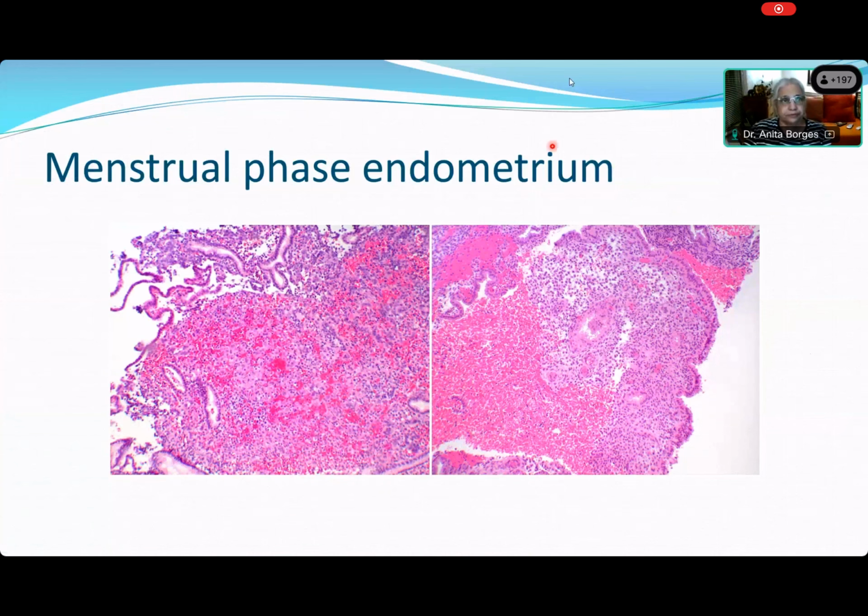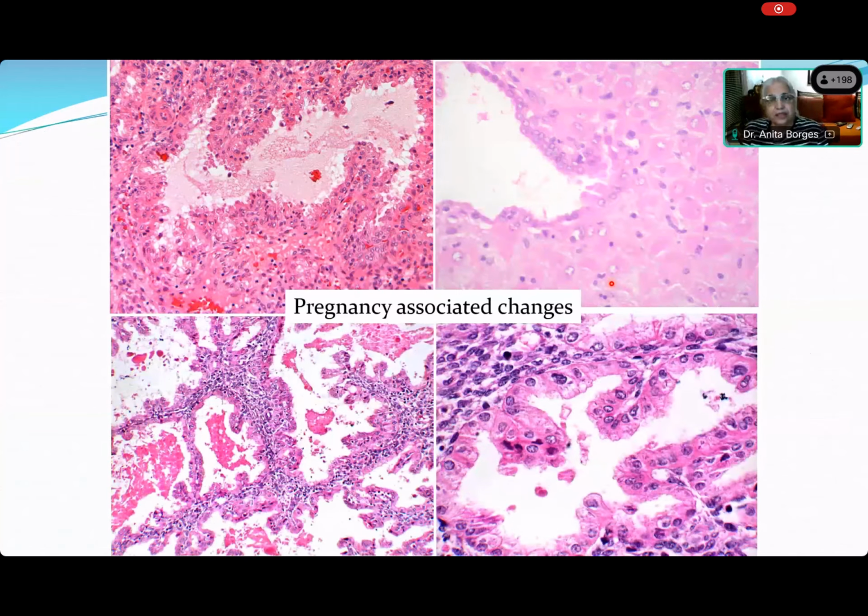Now this is the menstrual phase endometrium, and you can see that there is breakdown. All the glands are broken down. There is a lot of blood in this system, and you can just about make out that this is a menstrual phase endometrium, which has occurred after the secretory phase. This is not an anovulatory phase because you can see the nice secretory type glands without pseudostratification of the nuclei in these glands, and you can also see some amount of edema in between the stromal cells. So this is a menstrual phase endometrium, and these are pregnancy associated changes.